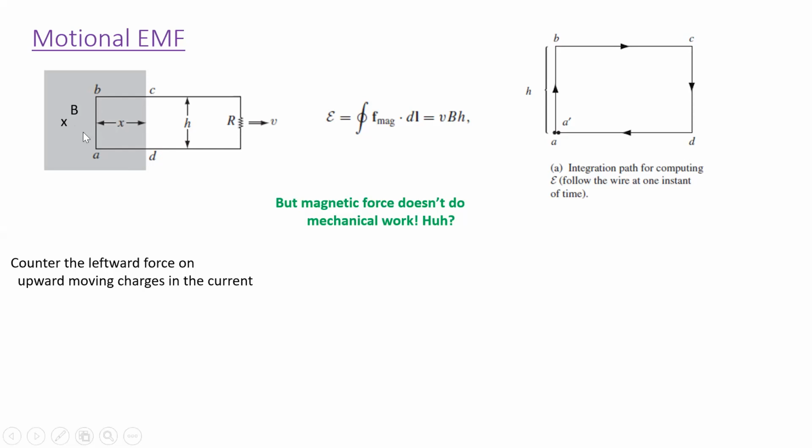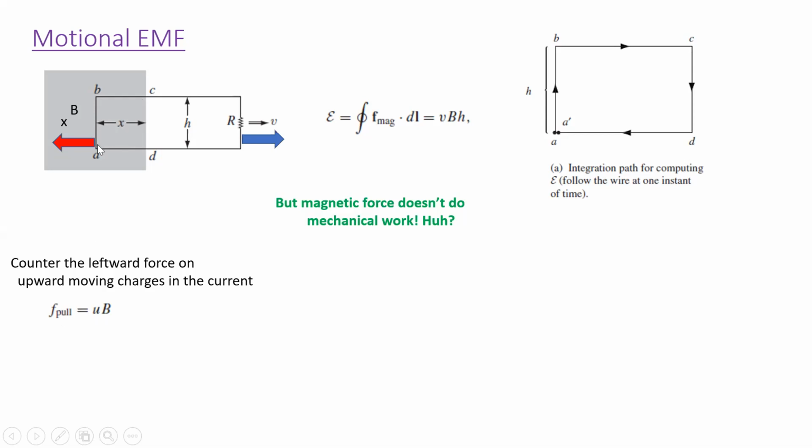So we have a leftward force on those charges. And in order to keep the whole circuit moving at constant velocity, we must have a net force of zero. So we must have a pulling force to the right, this blue arrow, and per unit charge,